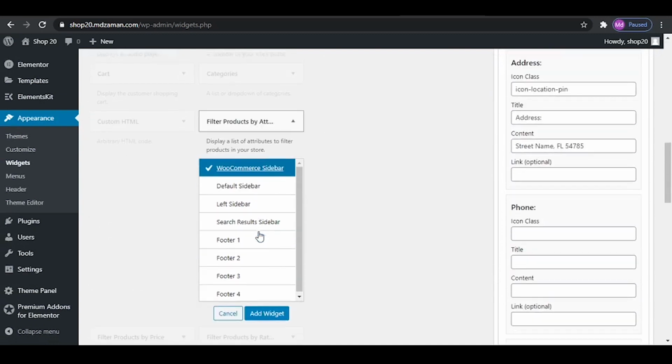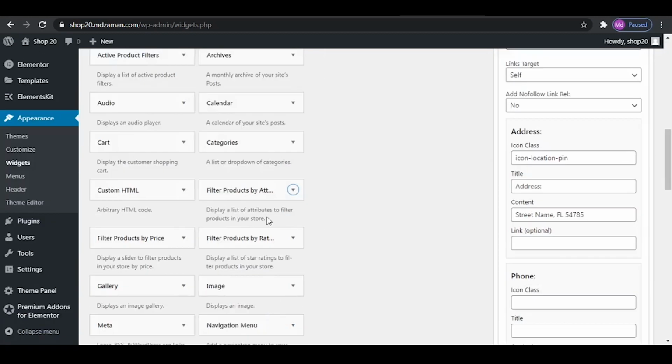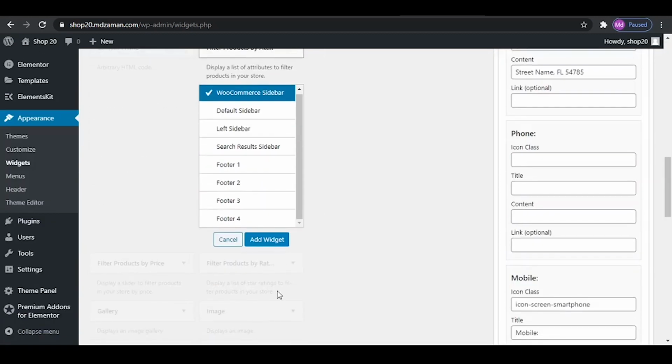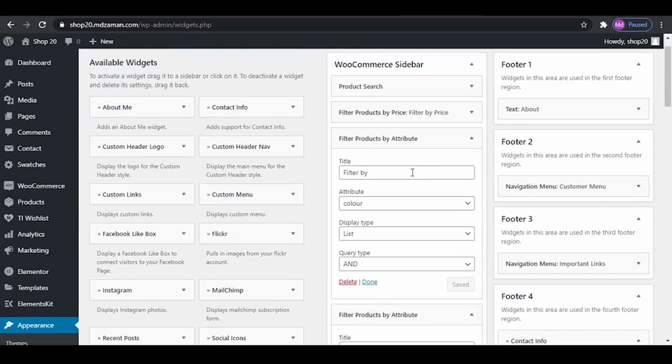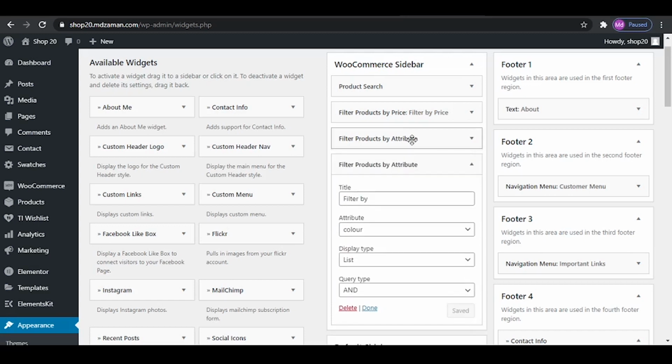So over here, click on add widget and click on add widget again. I'll explain why I have added twice. So in the first attribute, I'm going to say I want to filter it by color, and make sure color attribute is selected over here. Okay, now close this one, and for the next option I'm going to write filter by size, and from the attribute drop down just make sure that size is selected and click on save,